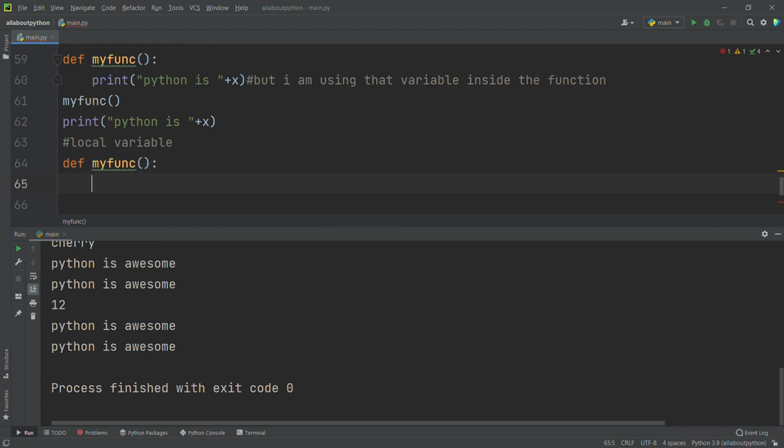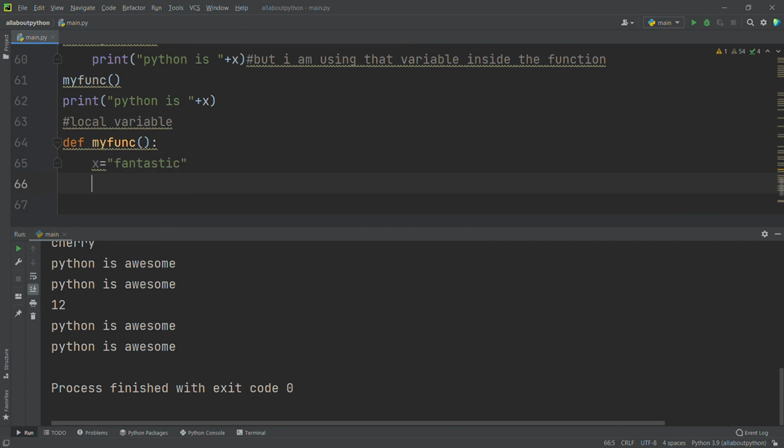Inside my function I am creating x is equal to fantastic, and I want to print Python is fantastic. Now I will call my function here. I forgot to give a print statement here, so I will give the print statement. Print of what I am giving, Python is fantastic. So Python is, I have to use concatenate, right? So x.